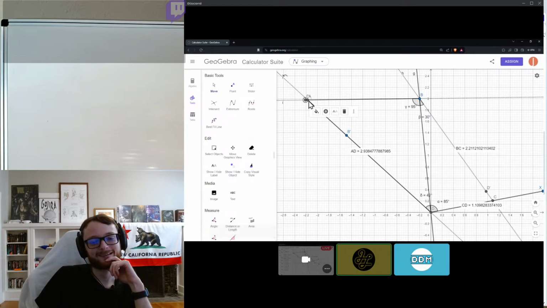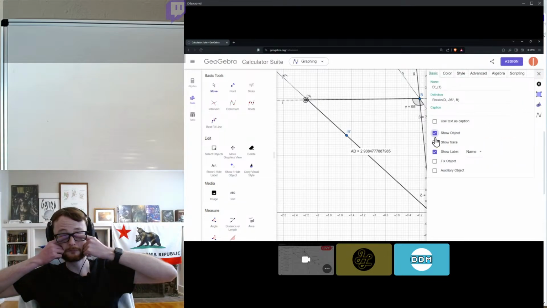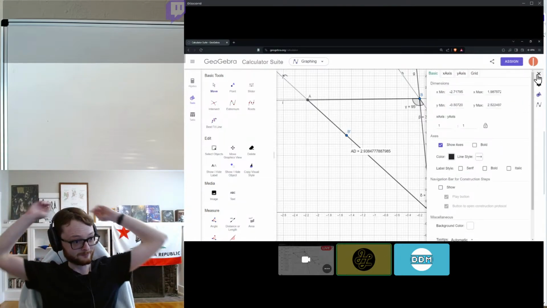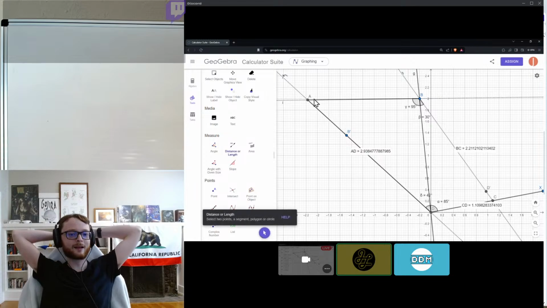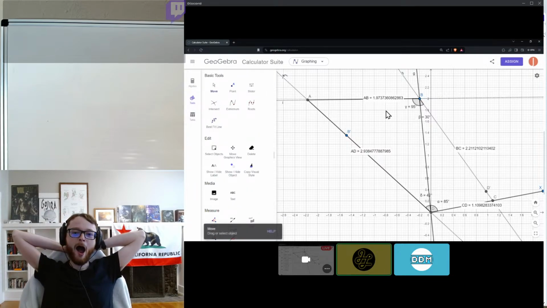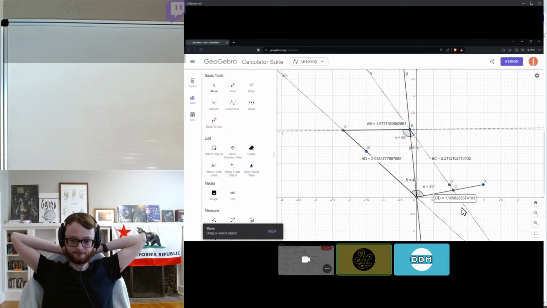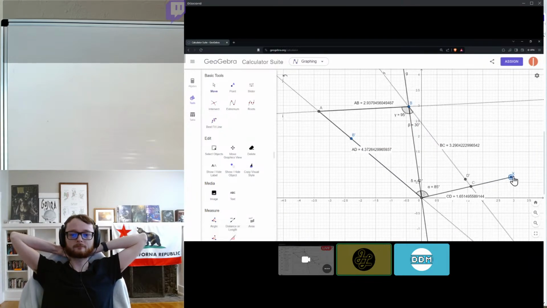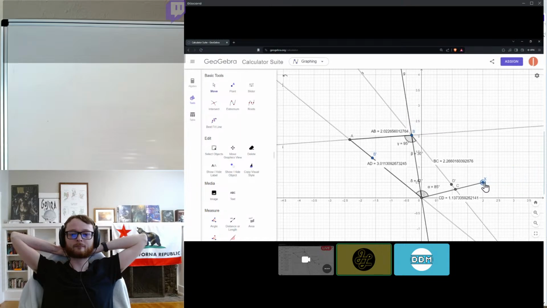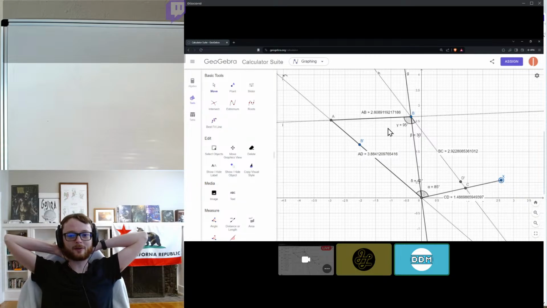And there's a D1 here that's kind of getting in my way. Let me get rid of D1 here. Okay, so then I can make sure I'm grabbing the right segment, A and B. Now we've got the length of AB, and the length of CD also being reflected. All I'm doing is changing the scaling around. But you can see AD and BC. The scaling shouldn't matter, I guess. It's good to demonstrate it, but